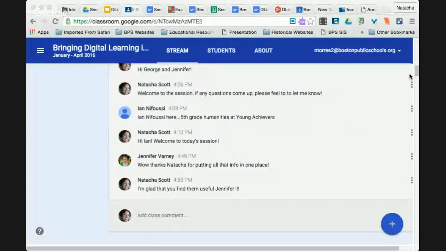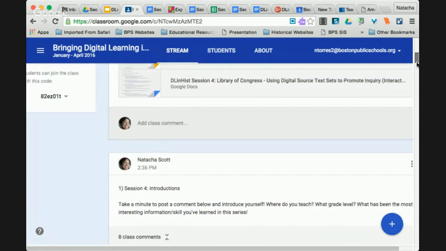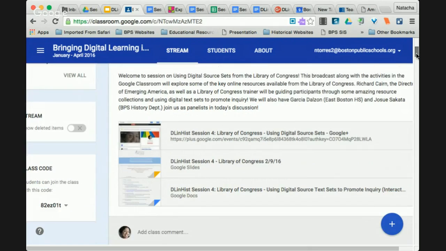And you will go ahead and see the inside of the Google Classroom again. For those of you who are new, I know some of you are joining us at different points in the session, those of you who are new to the Google Classroom, you'll remember each session has the activities organized. So it says session 4, Library of Congress, and has all of the different resources that you're going to need. And then if you scroll down,